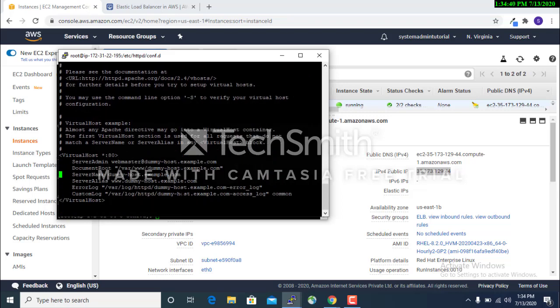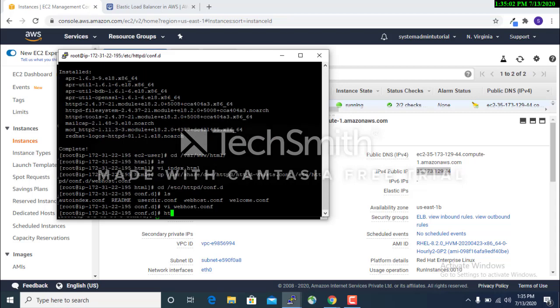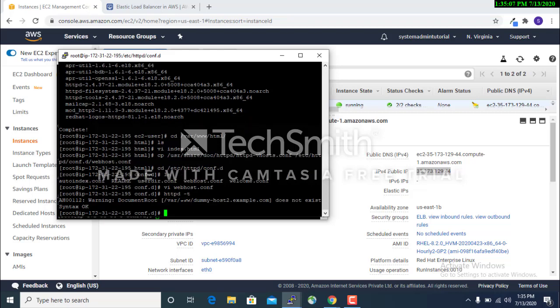Okay, this is the first container. Document root, go to the insert mode, change your document root because we have kept our HTML file inside the directory /var/www/html. Let's change it now. Save it. Okay, now check whether the configuration is okay or not. Yes, syntax is okay.